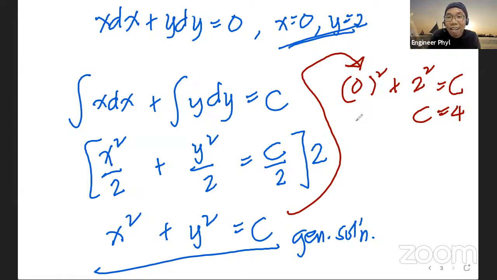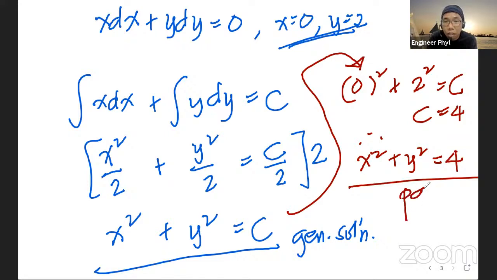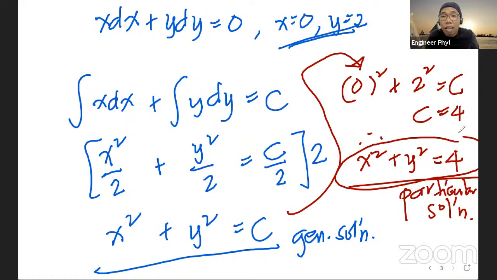Therefore, the particular solution is x squared plus y squared equals 4. The particular solution does not contain an arbitrary constant. So you just plug into the general solution the value of that arbitrary constant. So we have this. Okay, this is now our particular solution. Now, are you familiar with this equation? This is actually an equation of,